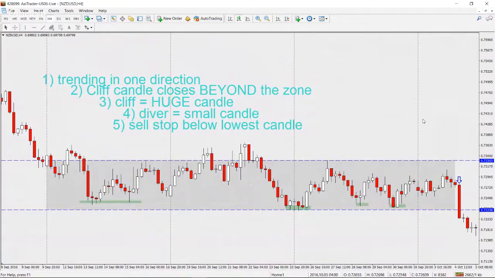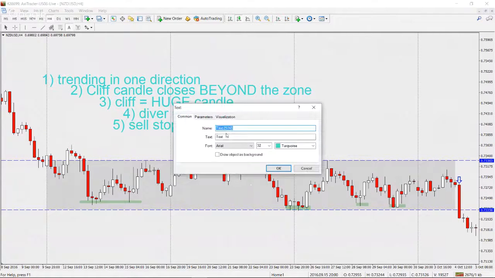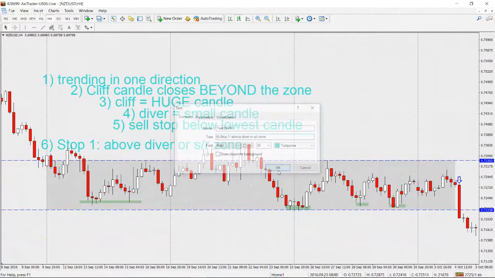Yeah, you got that stop loss. So there's basically 2 options. One is above the zone or the diver, and the other is above the cliff. So stop goes, I'll put it in here, rule number 6. Stop is above diver or support and resistance zone, whichever is higher. Or here's option 1. Stop 1 above the diver or the support and resistance zone. That's stop 1. Stop 2